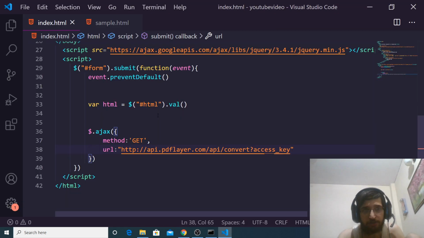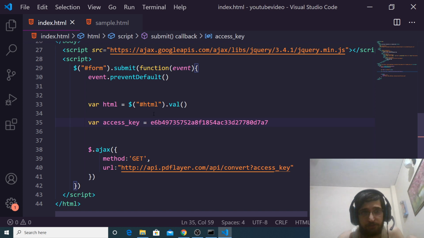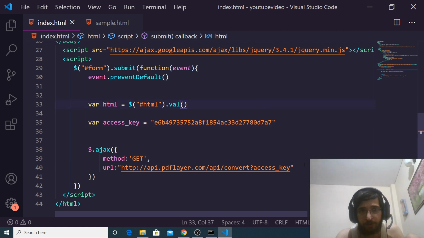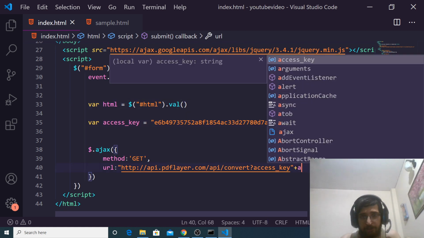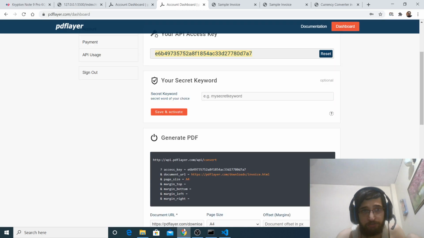and what I can do here is declare a variable accessKey and paste it. This needs to be in double quotes. Concatenate the variable accessKey, and then the second variable will be your document URL.